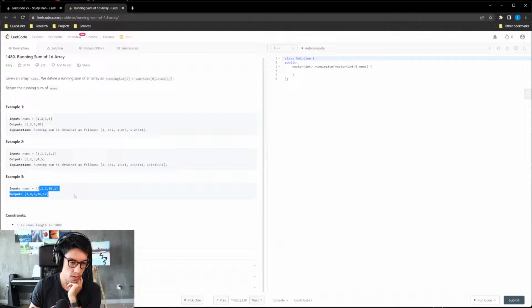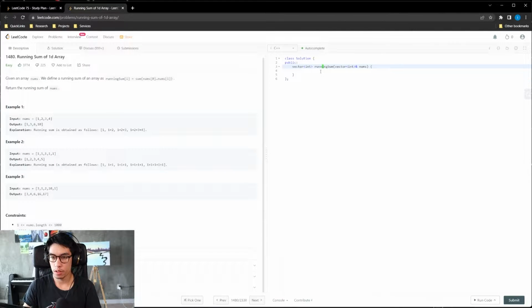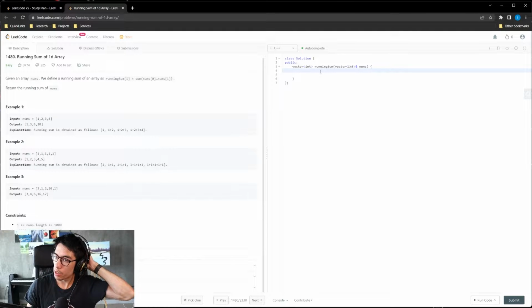So this makes sense. And then our constraints are that there's going to be at least one number up to 1,000, and these numbers are greater than -1,000,000 and less than +1,000,000. Okay. So we are passed the vector, nums.